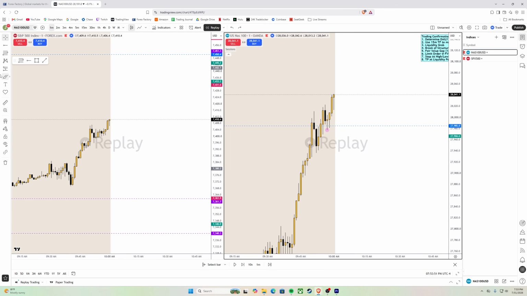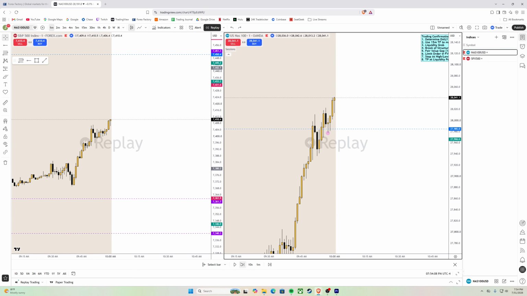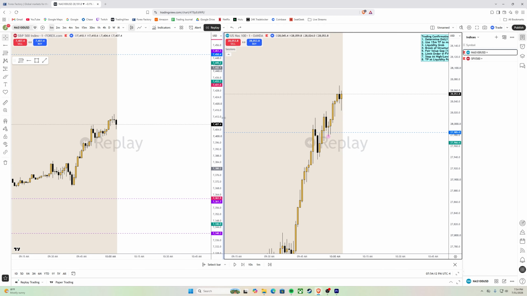But most of my attention right now, I'm entirely focused on the NAS because NAS already reached our point of interest, where S&P, it still has, right? It still has a long way to go between here and up here, right? So I'm not interested in it whatsoever, right? Now we're going candle by candle. We're just watching price candle by candle. Boom, right? You're seeing a new high, right? This is the new highest high gets formed.